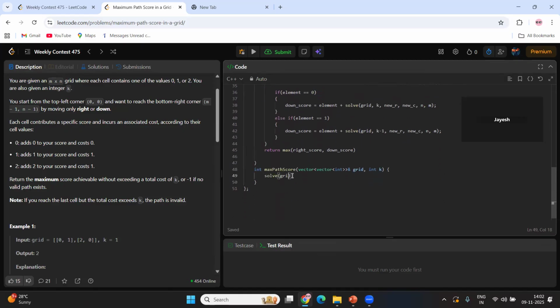We will pass the elements here. We are starting from 0, comma 0. So I'm passing 0, comma 0 as the initial value. And my total rows will be grid.size, and my total columns will be this. Then I will try returning the solution here,